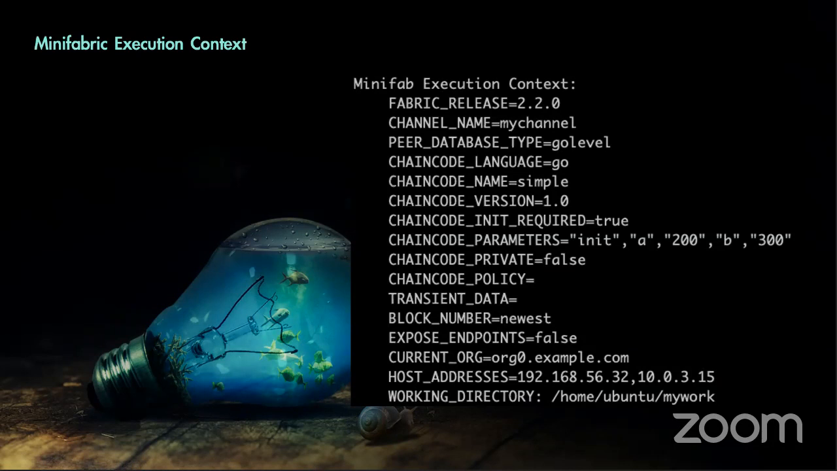And the next one is really interesting. It's called expose endpoints. When Minifabric sets up a Fabric network, it creates a Docker network. All the peer nodes and orderer nodes run on that Docker network. This is done on purpose, so that you can access all the default node ports, and also shield your Fabric network from attack from outside of your machine,